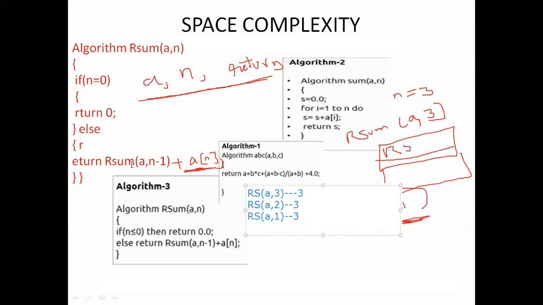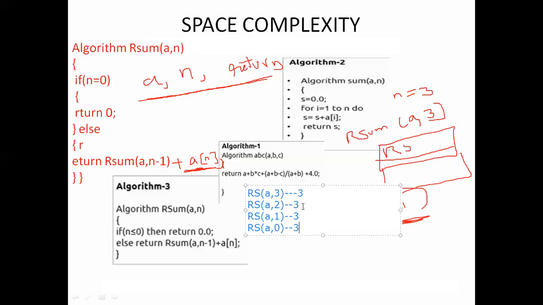Then we call rs with a comma 0. In this also it will use these three variables, because when n equals 0, it will return 0.